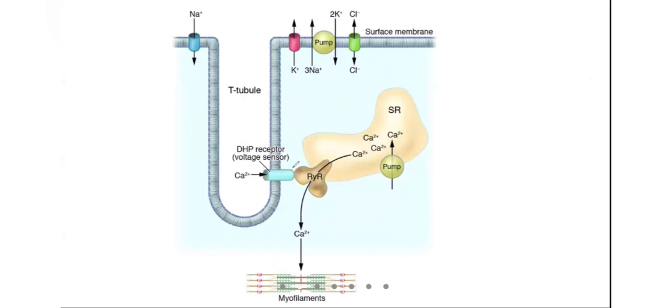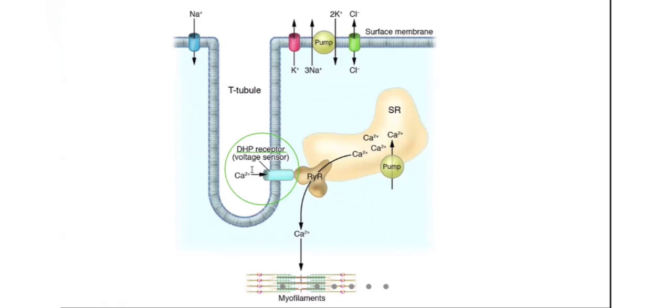In this T tubule, you see here, there is a calcium channel. This is a voltage gated calcium channel, which means this calcium channel will open in response to changes in the voltage. There are other channels like ligand gated channels. Ligand means if something comes and attaches, then it will open. This is voltage gated, so if there is a change in the membrane potential, then these channels will open. Basically this will act like a voltage sensor, and the specificity of these channels is called the DHP receptor.